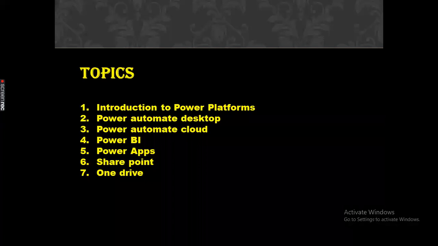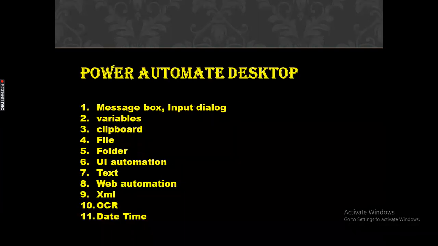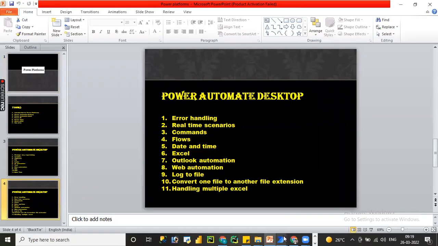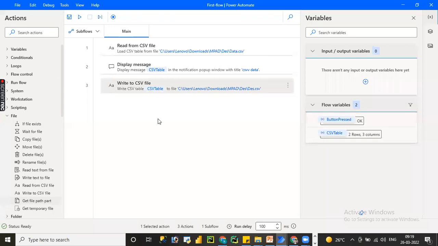As part of Microsoft Power Platforms, we are going to learn Microsoft Power Automate Desktop first, and parallelly we are also going to learn Microsoft Power Automate Cloud, Power BI, Power Apps, SharePoint, OneDrive as well. As part of Microsoft Power Automate Desktop, we have already covered a few concepts like message box, input dialogues, variables, clipboard, files, and in the files package we have covered most of the topics. So let's get started, and let me go to the Microsoft Power Automate Desktop editor, and let me delete the existing